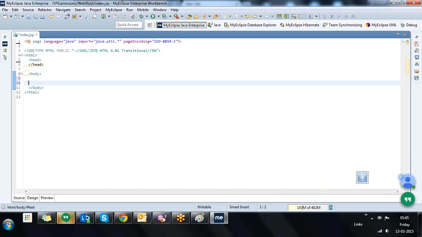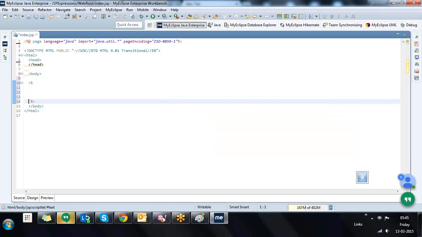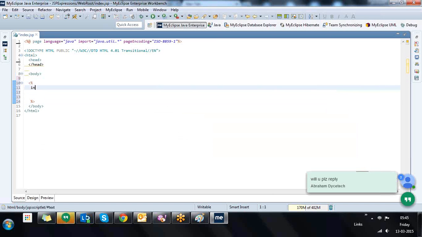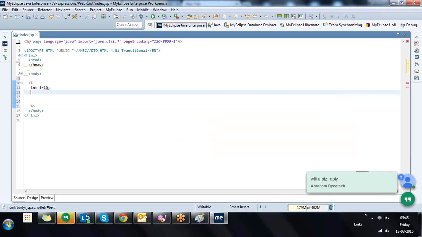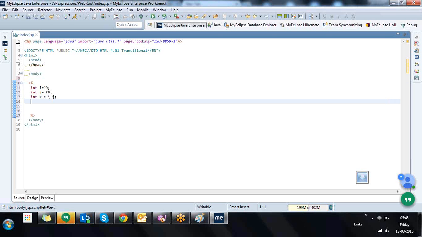So basically, everything will be written in a scriptlet. Int i equal to 10, int j equal to 20, int k equal to i plus j. I want to display the k value. Basically, we can display in scriptlet by using